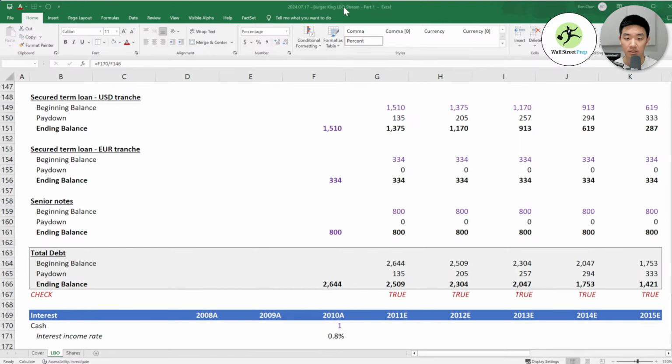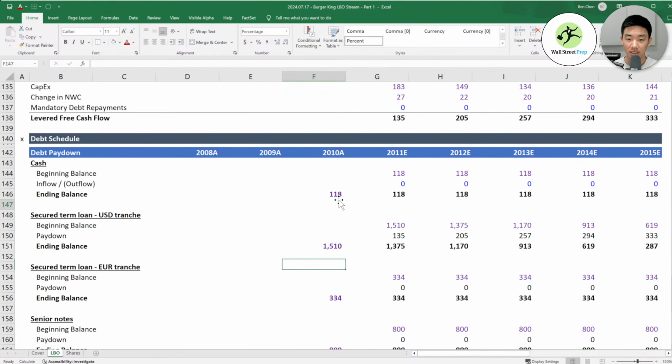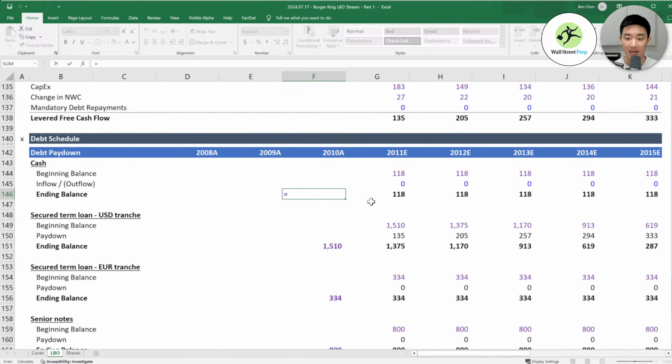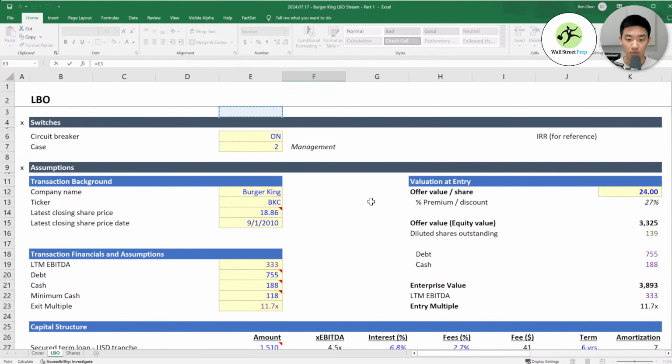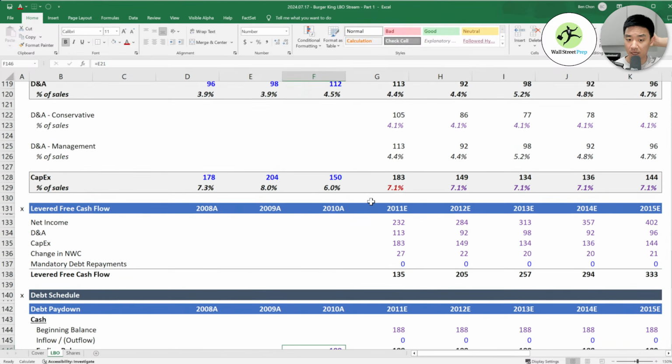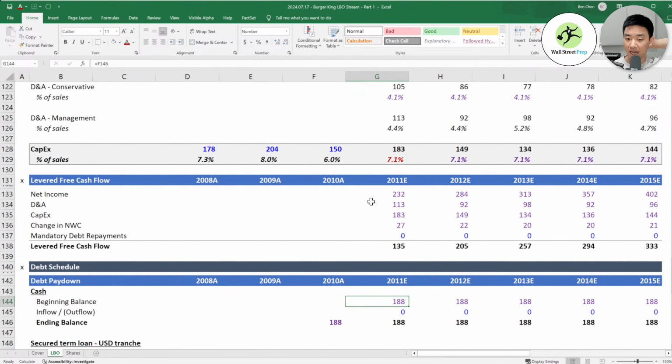Oh, okay. I see what I did wrong. So actually something I need to fix here. Our ending cash balance here is what we ended up with, the cash we ended with, right? This is something that we calculated earlier. Once the transaction happens, this is actually not the ending balance we need. We need to change this to our minimum cash.